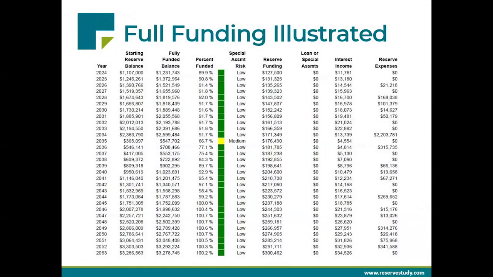We can use the same example as before, but in this case, the goal of the funding plan is not baseline funding. It's not to get close to zero, but to try to reach 100%, to attain and maintain that position. And you see very clearly that's what they do. Very important to point out, the reserve expenses in this example are the exact same as what they were on the prior slide. The starting balance is the same. The only difference is what goal they have set for themselves. So in this scenario, it is a higher amount of funding, but never gets them into any dangerous position. At the least, they would still have hundreds of thousands of dollars in the bank when these big projects come along. Okay.